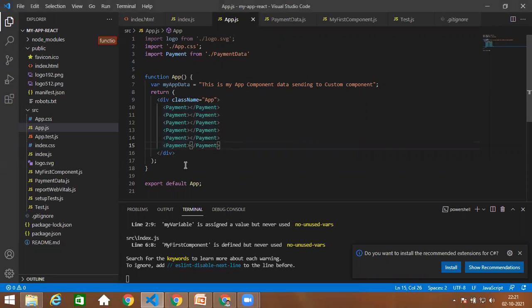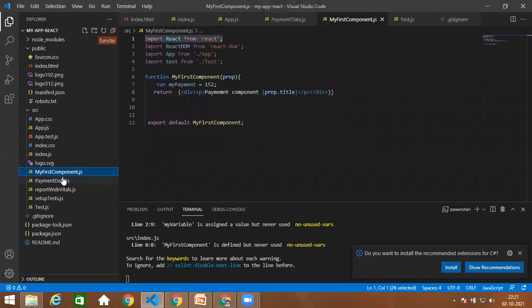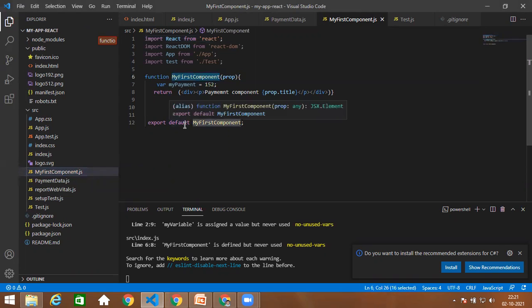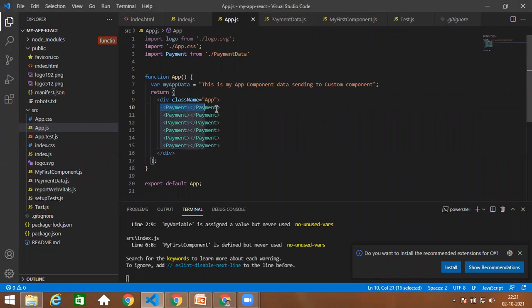Okay, and another thing is, whenever you are creating component names, always create your own components starting with a capital letter. So you can ask me why capital letters only. Okay, because whatever component you created, you are using that component as an HTML element. If you see the inbuilt HTML elements, those start with small letters, right? Always the paragraph, div, and whatever input elements, all the HTML elements you are seeing are in small letters.